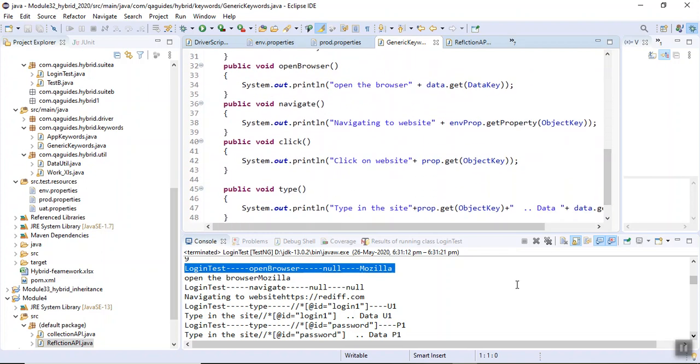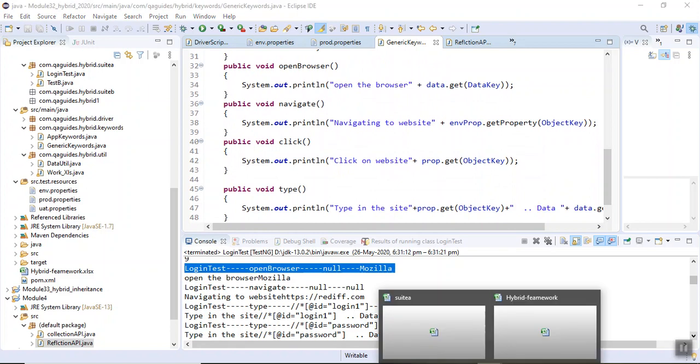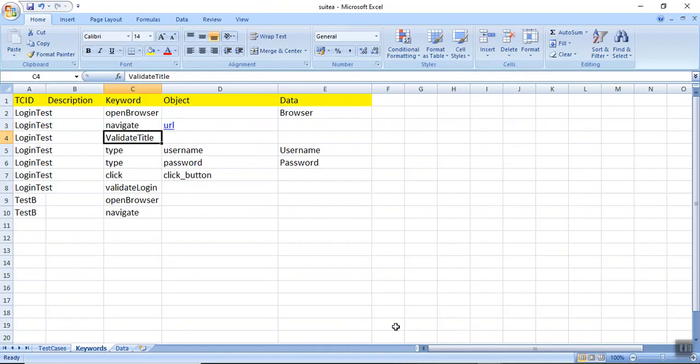So these names are the same as our keywords. What we are doing is calling the function with the same keyword. The keyword variable is checked and, corresponding to it, the function is called.